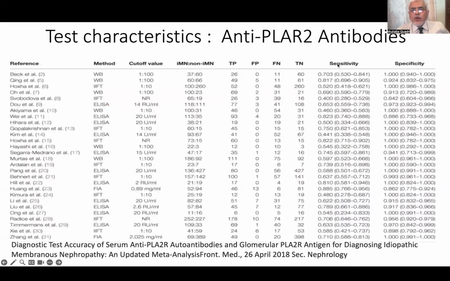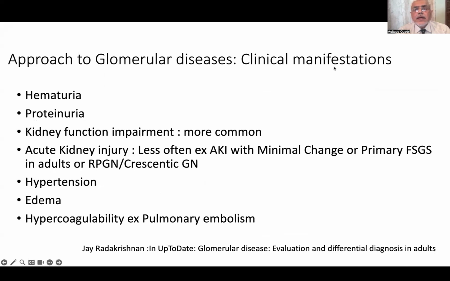So the anti-PLA2R antibody in general has a very high specificity, but the sensitivity is also not too bad in most series. So that means it has a high likelihood ratio. However, in diabetics, you can also have false positives, and one needs to be aware of that. But in general, if one does the immunofluorescence methodology, that would be more specific. And if one does the Western blot, which is only available experimentally in experimental labs, then much more certainty can be added to your diagnostic acumen.